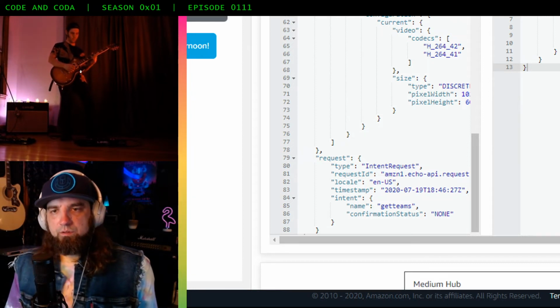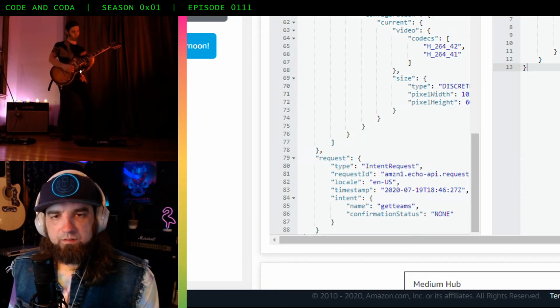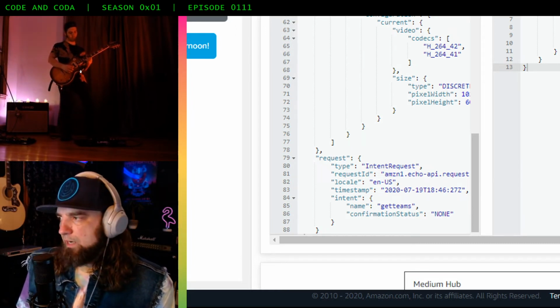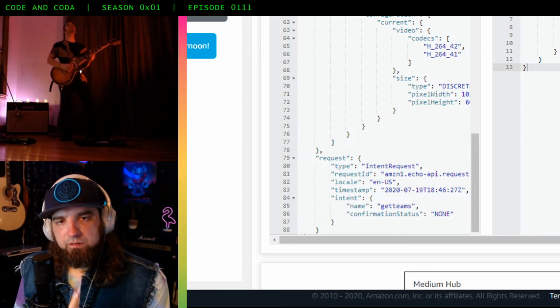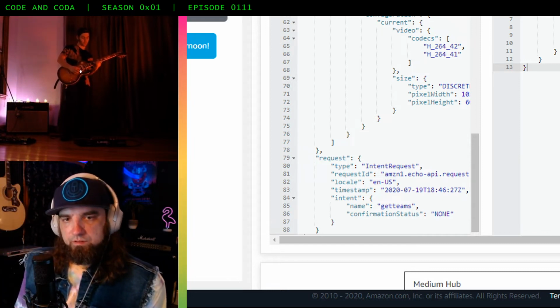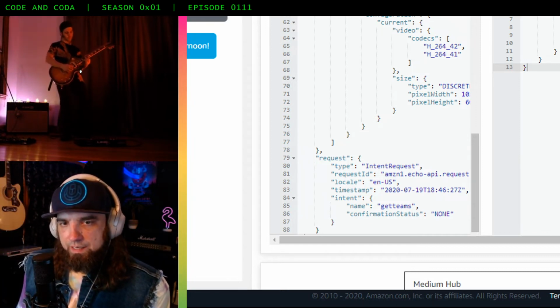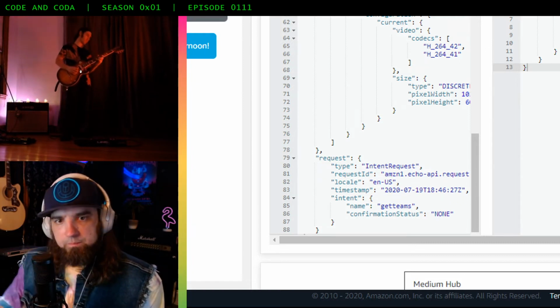So if you say any of those 5 or so utterances, get teams, get my list of teams, any of those utterances will start an intent request for the get teams intent and send that request to your web application.